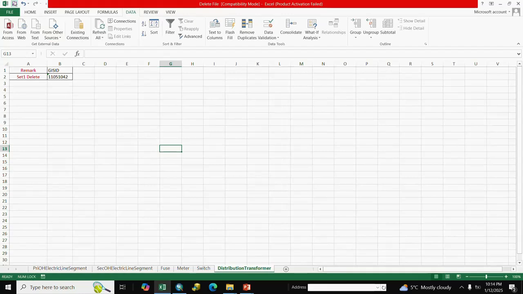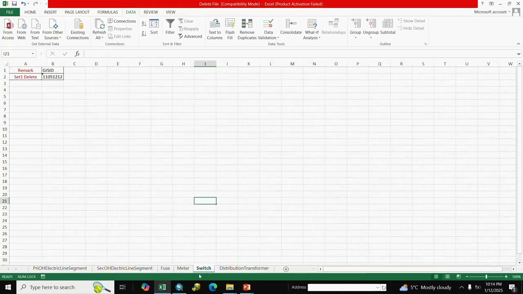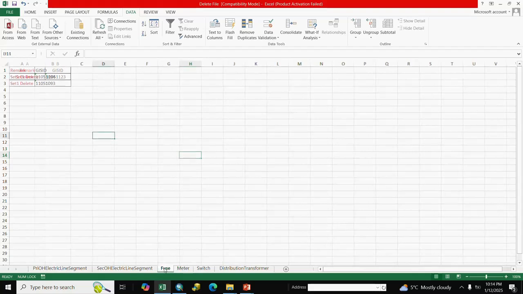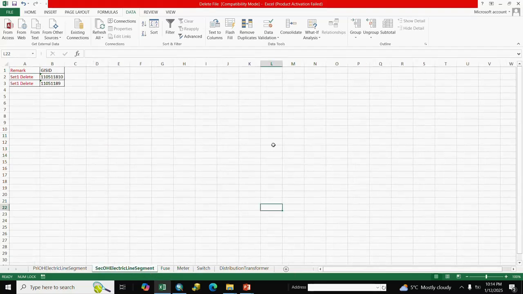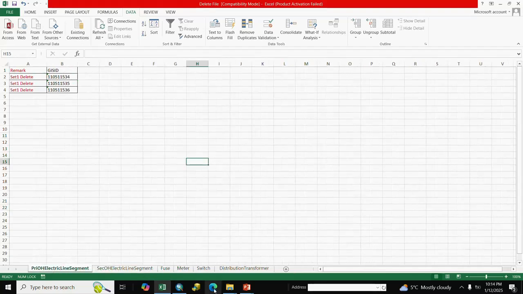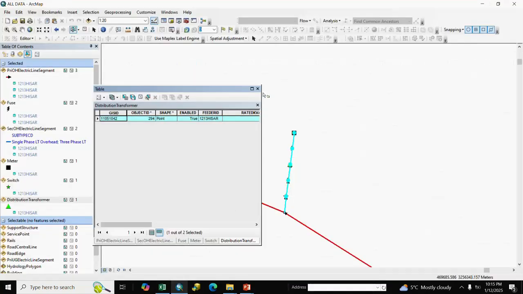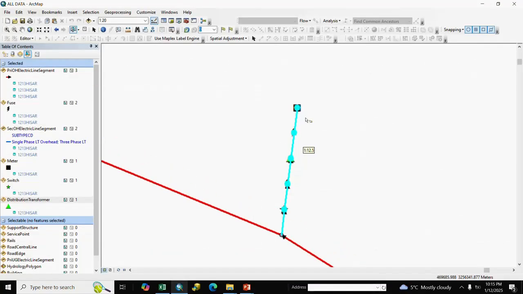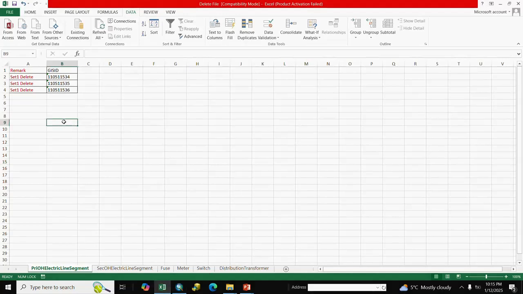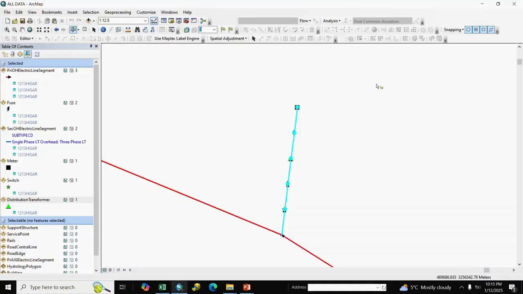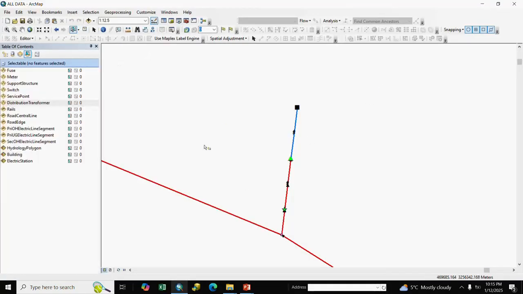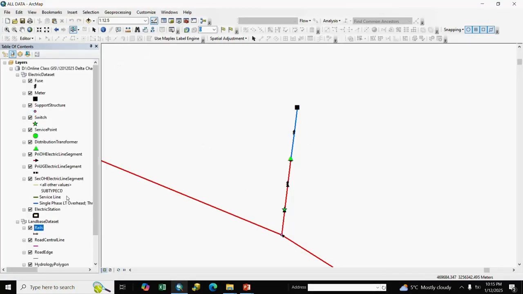Our delete file is completed: distribution transformer, switch, meter, fuse, secondary OH and primary OH. You see all the fields are selected and we prepare a delete Excel format, save it and close it.